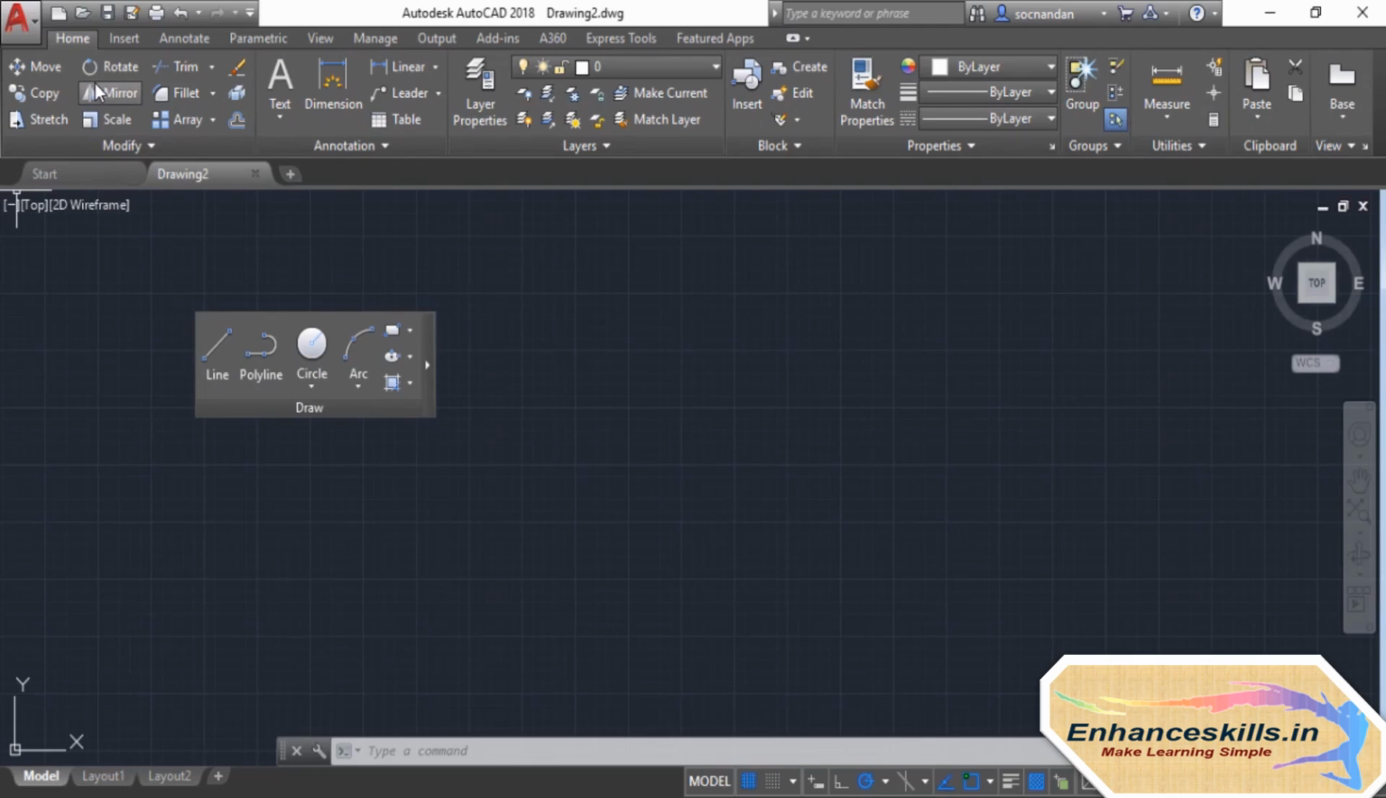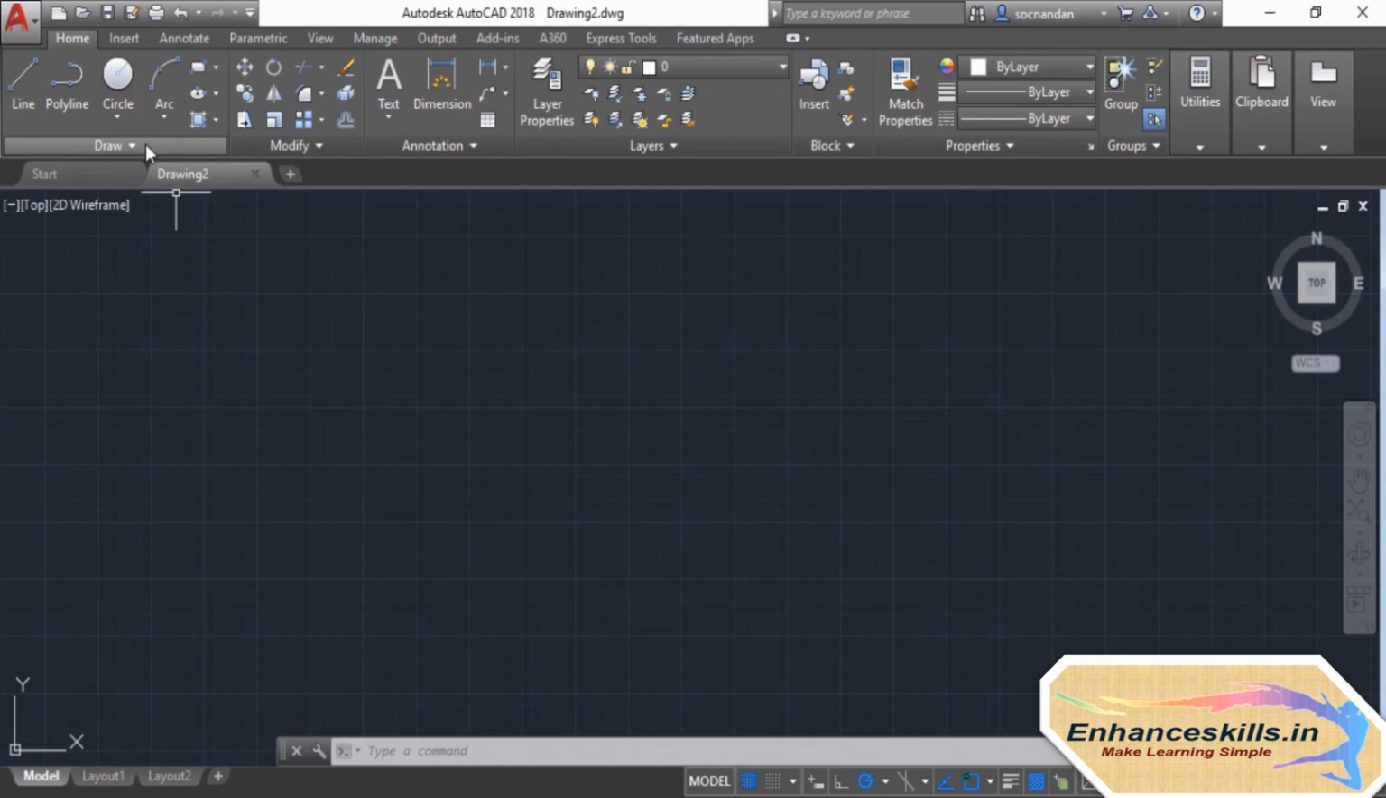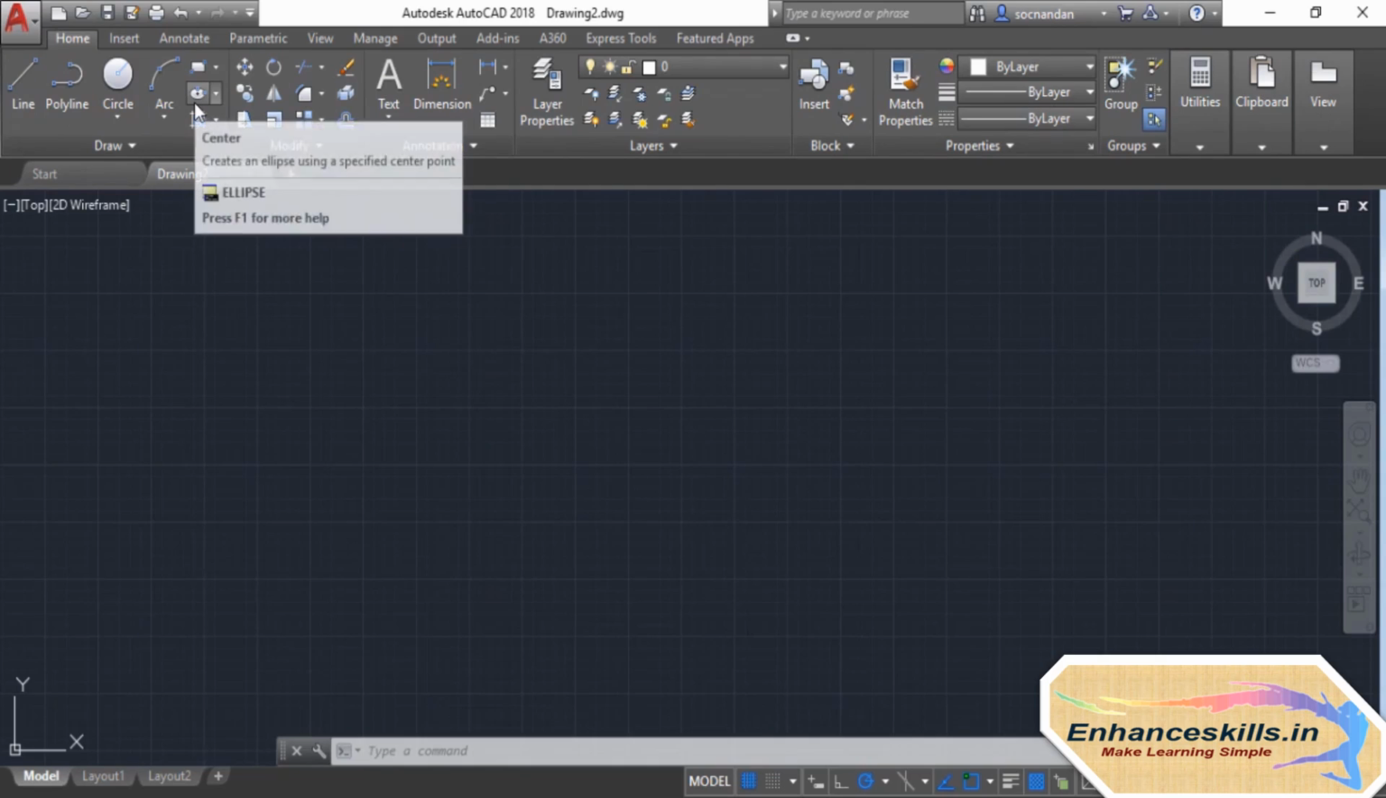And we don't have the draw panel here. Now we have it here. And if you want to take it back to the home tab, just click on this small icon that will return it to its rightful place. Currently, all of the panels are not visible in the drawing area, and it will depend upon the resolution of